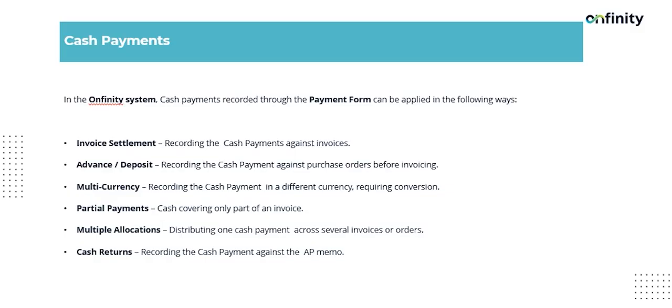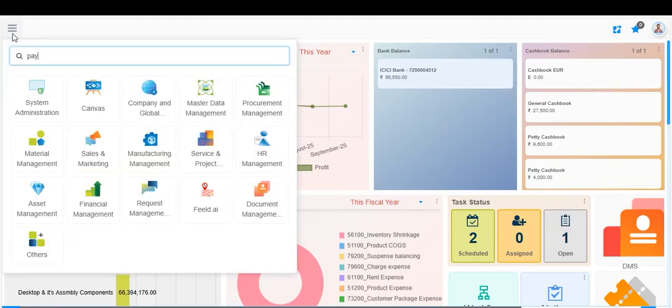Traditionally, cash payments were made through the cash journal screen. However, the payment form provides a more convenient way for users to process transactions. With the payment form, you can settle invoices, record advance deposits against orders, handle multi-currency transactions, make partial payments, only against invoices, not orders, allocate payments to multiple invoices, record cash returns against AP credit memos,